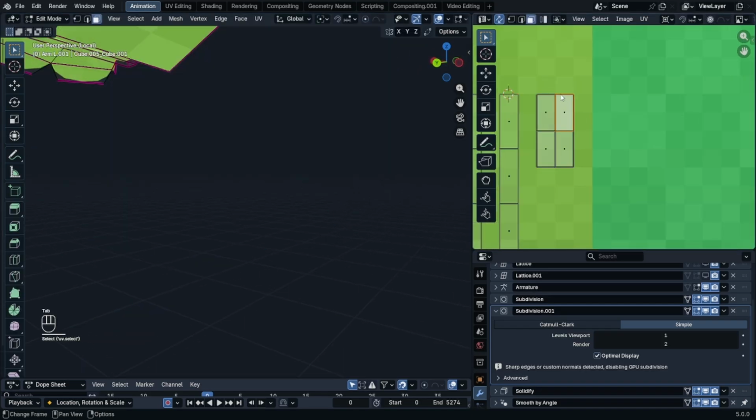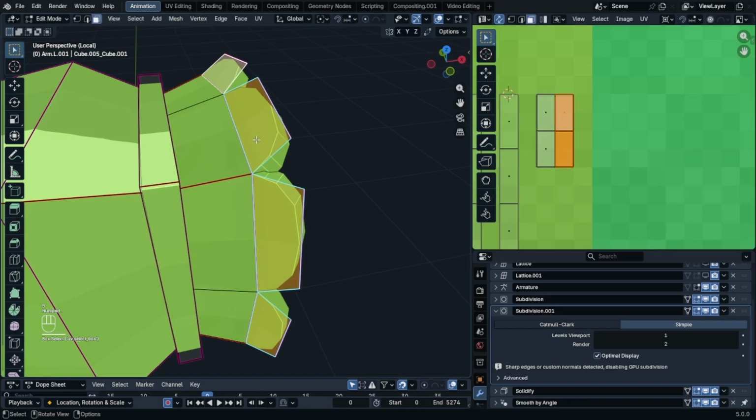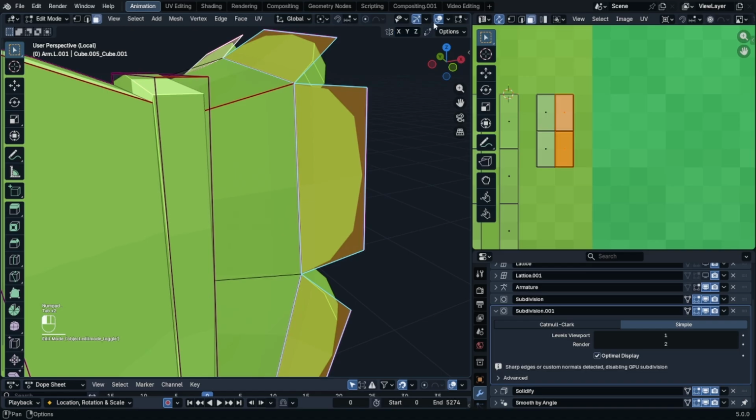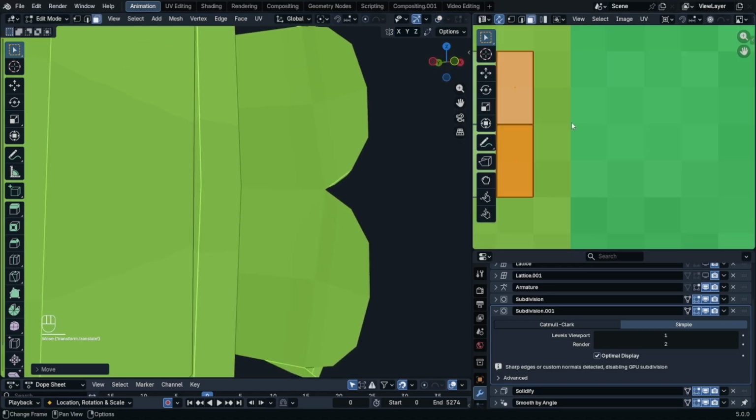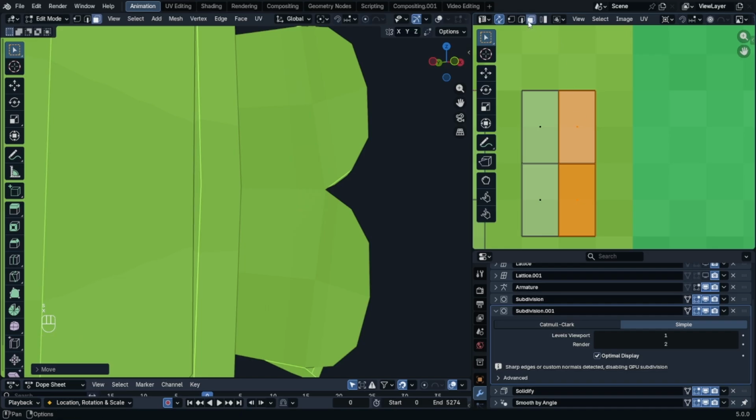Except for this bottom part, actually. This bottom part has two when it should have only one. Let's look at it. You can barely see it, but there's like two shades there. Oh wait, no. Yeah, it has two shades. So